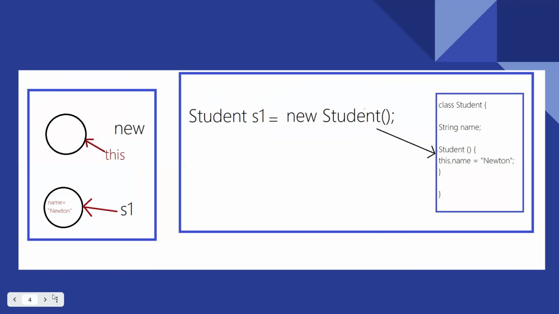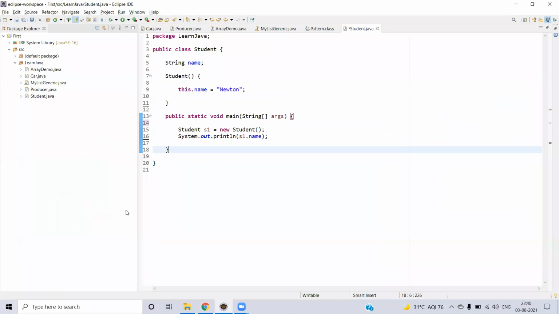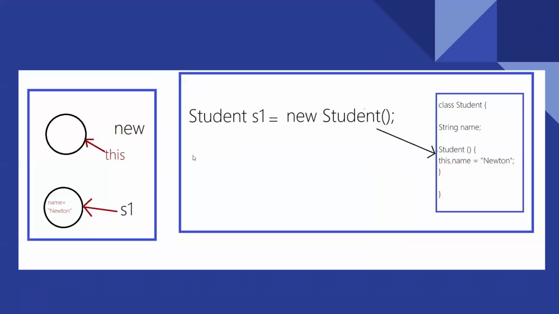So in student object reference, let's say you are student S1, you are giving the reference type or the data type as Student, and the reference will be S1 equal to new Student. So this will be the line, right? If you go to line number 15, you will see the same line here. What happens here? On your left-hand side, there is a new keyword. Whenever you call new, it will create a very empty object. You can consider it like a very empty box.